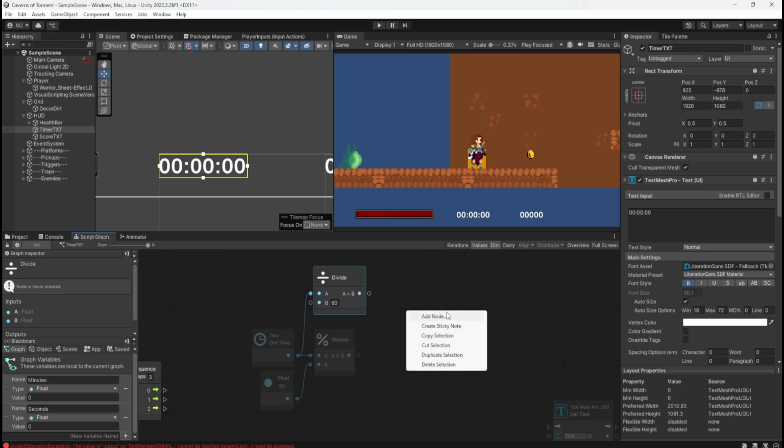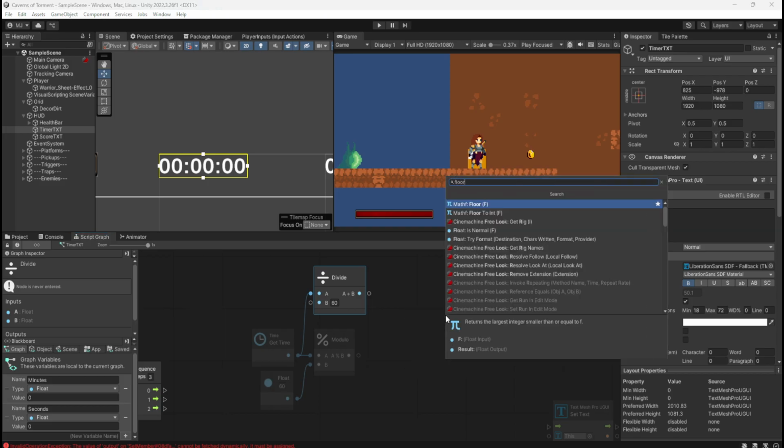Floor node. We've got two. Math floor, and then floor to int. Floor to int.